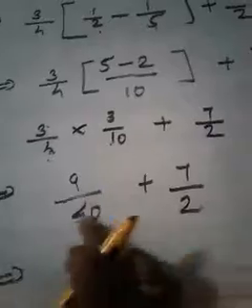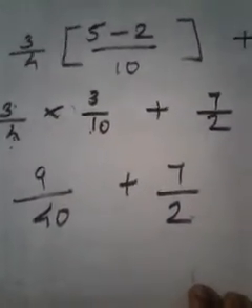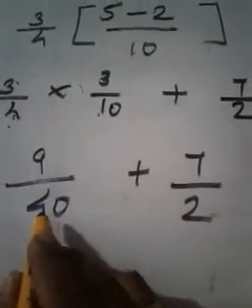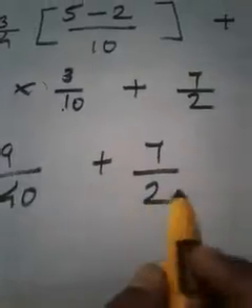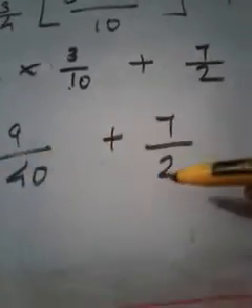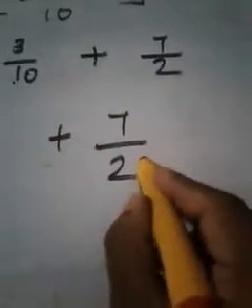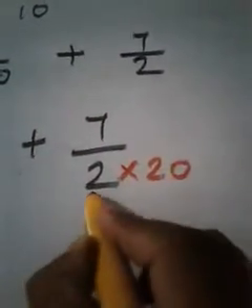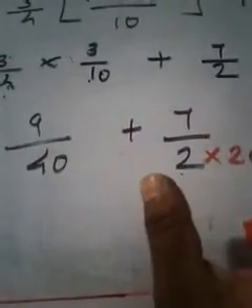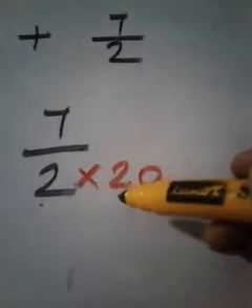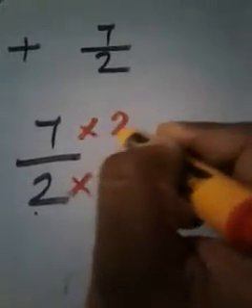This is a fraction and this is a fraction. How to add two fractions? You can use LCM or cross multiplication as you wish. This time let me use LCM. And this is 40, you know. Can you make this 2 as 40? Yes, of course you can. By which number should I multiply this 2 to make it 40? Just multiply it with 20, because 2 into 20 we will get 40. To make the denominators the same, I am doing like this. Since I am multiplying the denominator by 20, I am supposed to multiply the numerator also by 20.